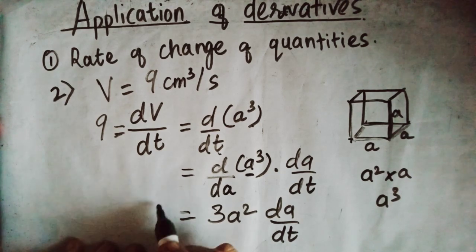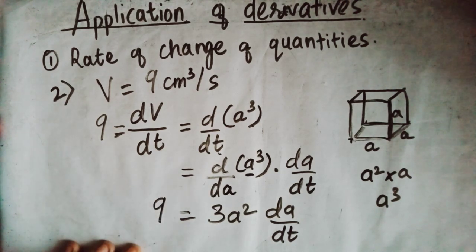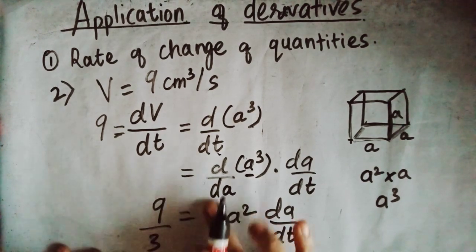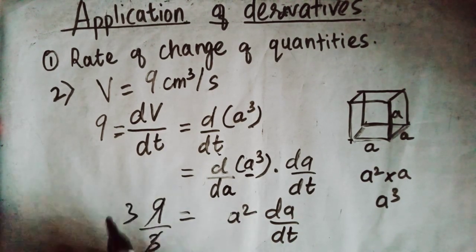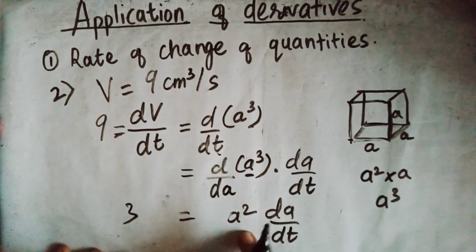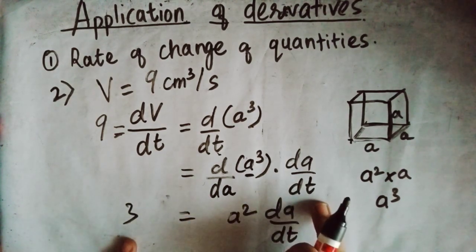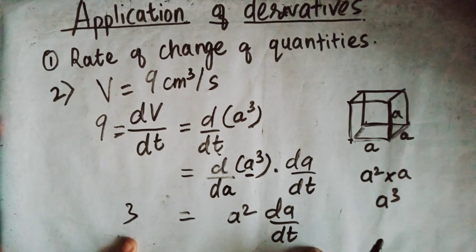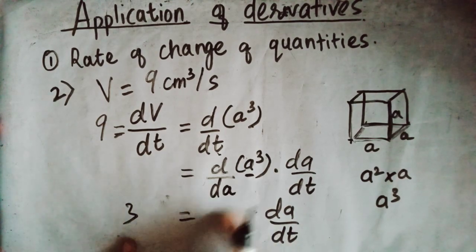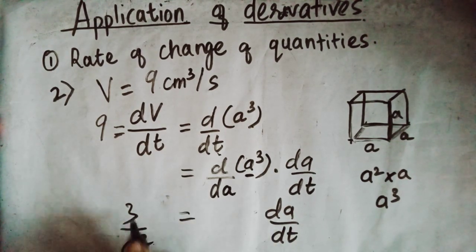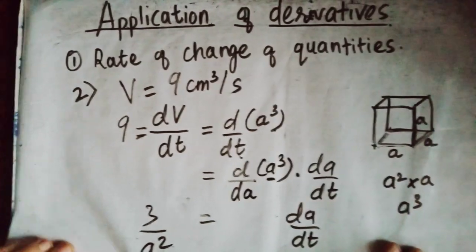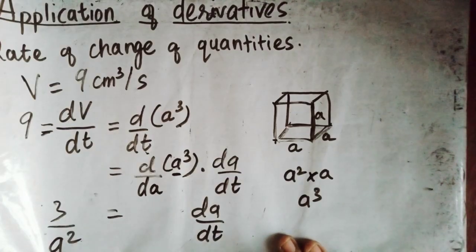So this is 9. So this 3 you can take here. So this will be 3 equal to a square into dA by dt. So you can take this a square also here. So 3 upon a square equal to dA by dt. Now the second thing which is given is how fast is the surface area increasing when the length of an edge